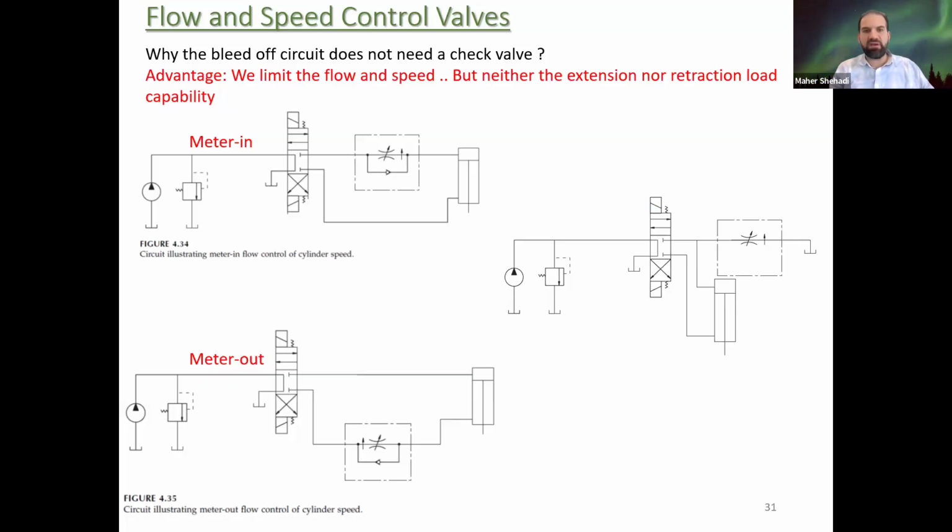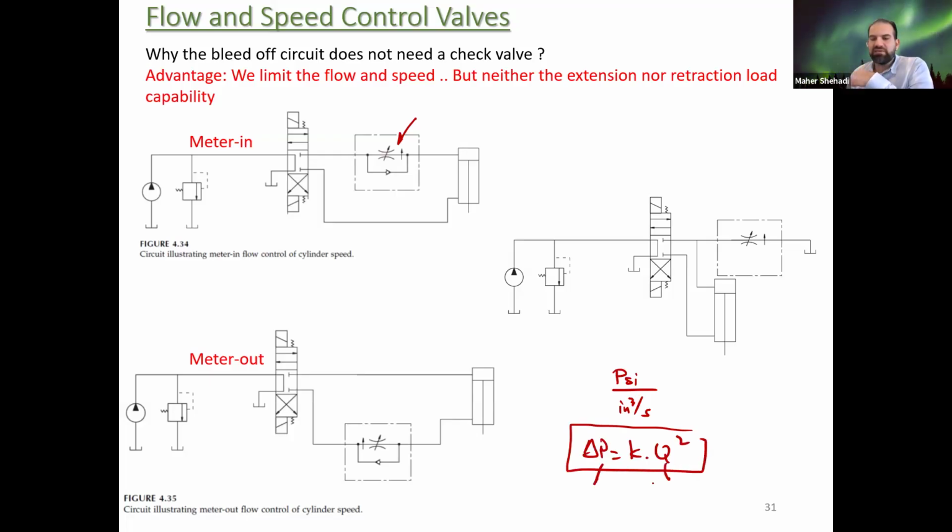The calculation is the same, so I don't have any examples to solve for. I think Brandon asked me that question. What problem was that, Brandon? I think it was the third one in the previous homework, which is calculating K. He asked me what units, because in some notes they say when you calculate K, it should be in PSI per cubic inch, or the flow has to be in cubic inch per second. If you recall, delta P is K times Q squared. So P is in PSI, Q has to be in cubic inch per second. It's not a must, but what I need to